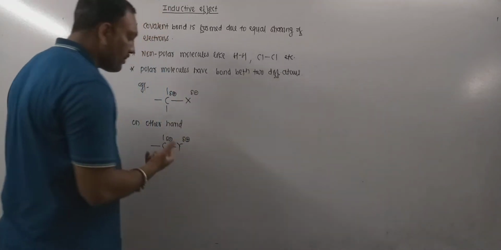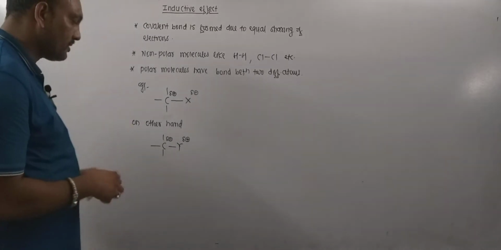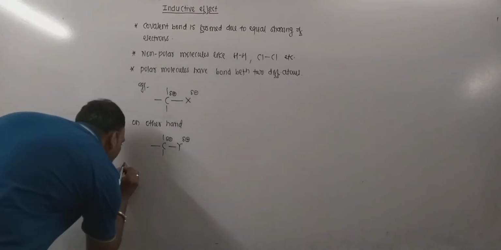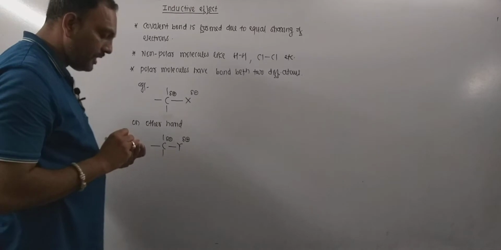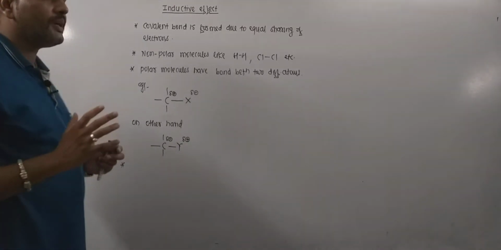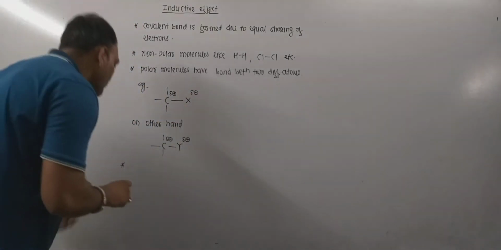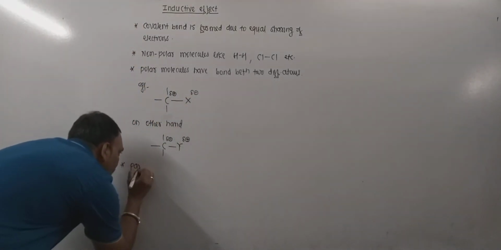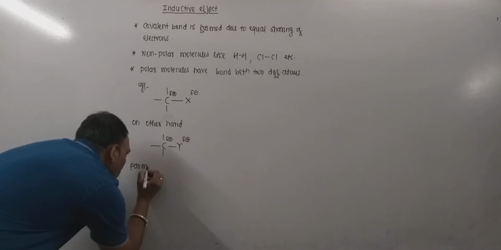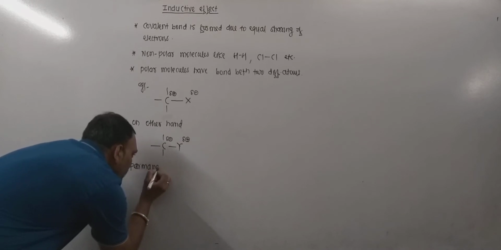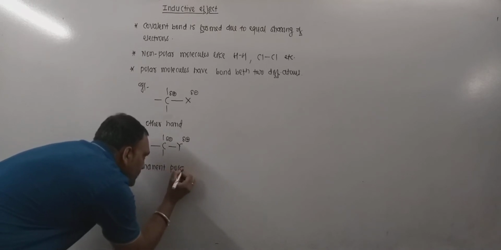And this is nothing but the inductive effect. So in short, what is the inductive effect? The very first thing to be mentioned is that it is a permanent effect. So remember, the inductive effect is a permanent polarization